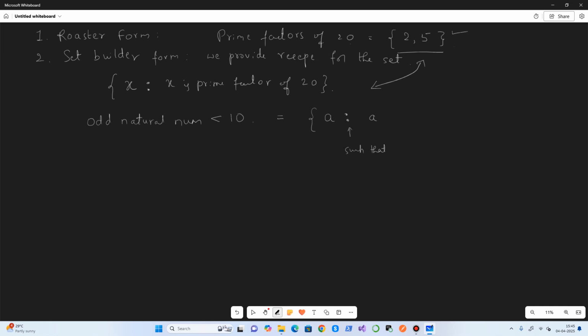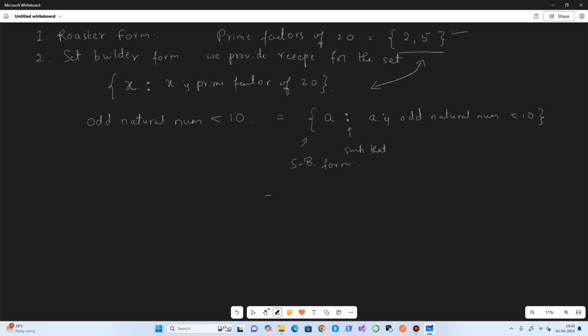After the colon, whatever we write is the condition or characteristic or property of the element. A is such that A is an odd natural number less than 10. So this is the set builder form.